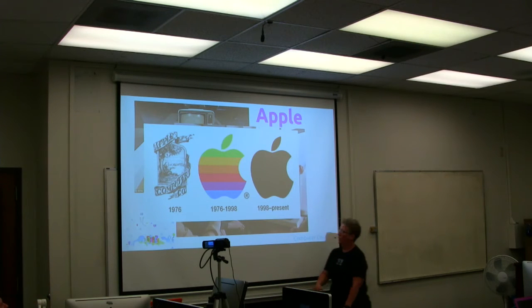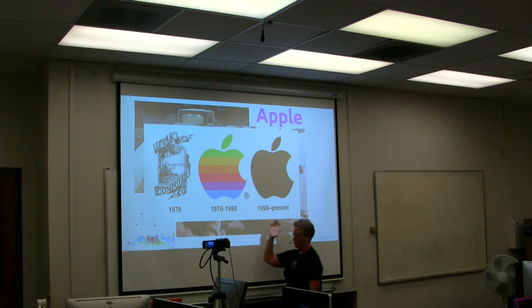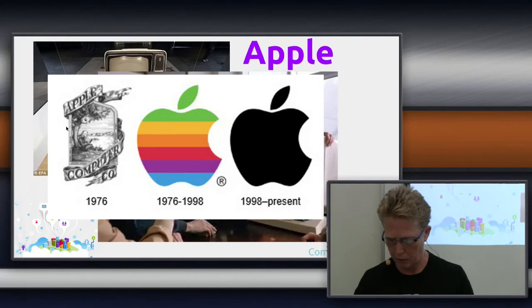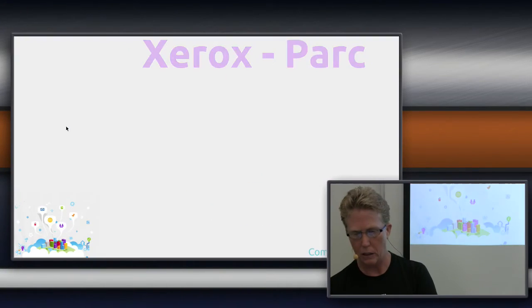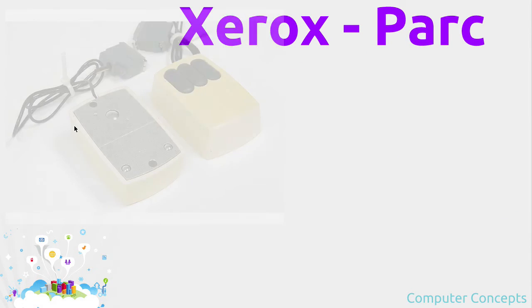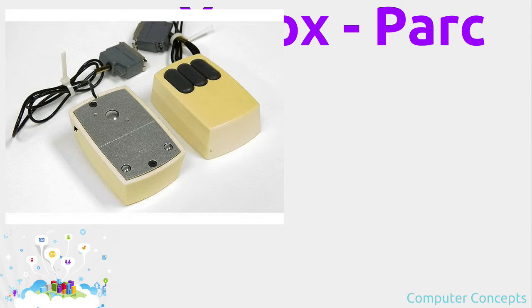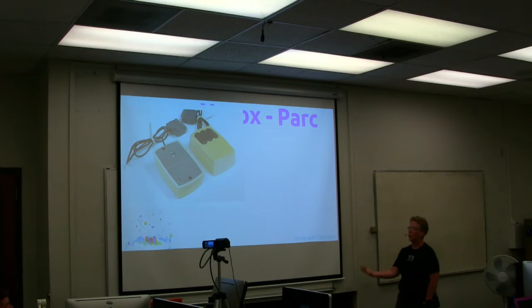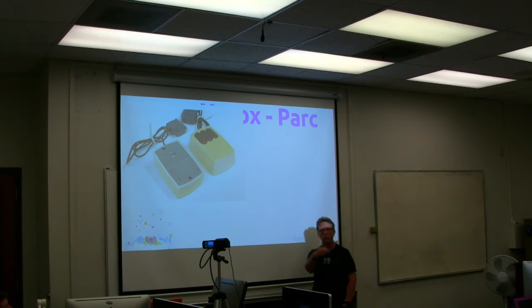Again, these guys were doing great work. They released the first graphical user interface. But let's talk for a minute about this Xerox PARC company. They created a lot of technology, those smart folks. One of the pieces of technology they created was the mouse, because in order to use a graphical user interface, you have to be able to click.